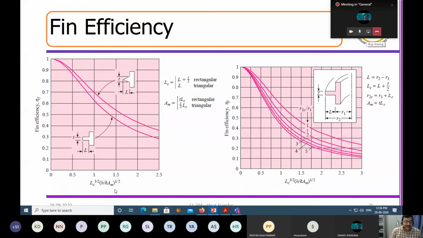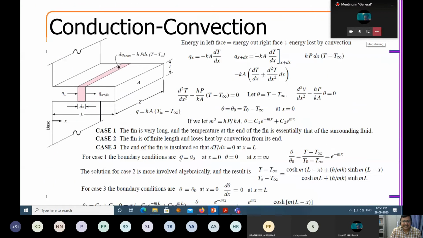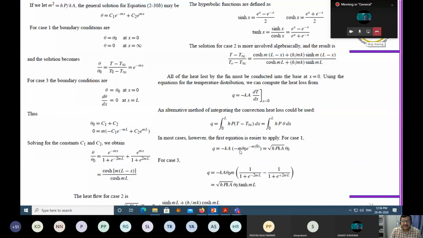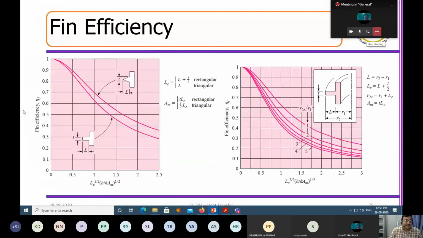Okay. Now, the moment I do that, based on these three cases, I can calculate the Qs. Okay, the case 1, case 2, and case 3. And based on that, the actual to ideal, if I divide, that gives me the efficiency. So I'll be able to know from the beginning itself whether my design is 80% or 90% efficient or not. Okay. So this was the idea why fin heat exchangers are used to enhance the heat transfer.